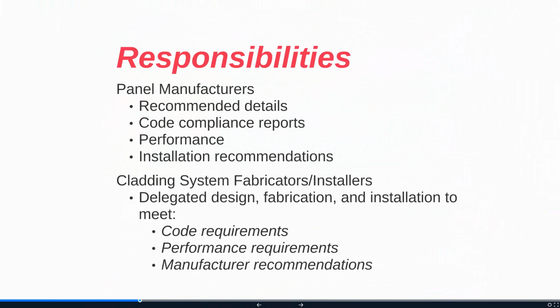Right now we want to get this disambiguation. So the cladding system fabricators are probably going to be a local or regional installer, people who will both fabricate and install, and they're the ones who have to comply with the delegated design to meet the code requirements, the performance requirements, and also comply with manufacturer recommendations. And you may never know the names of those people that do it until you get the shop drawings coming in, because they are often not